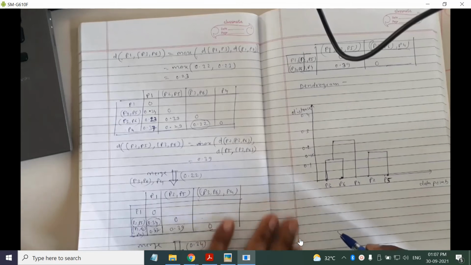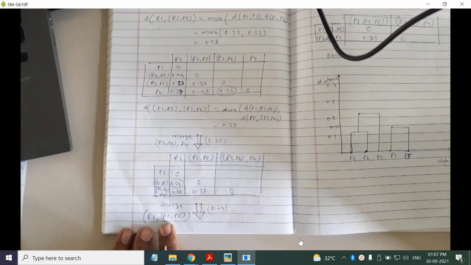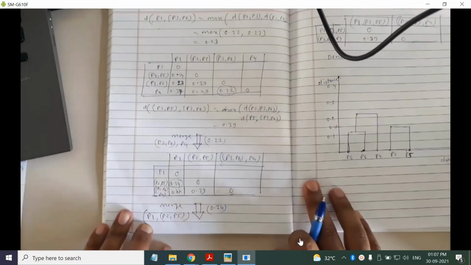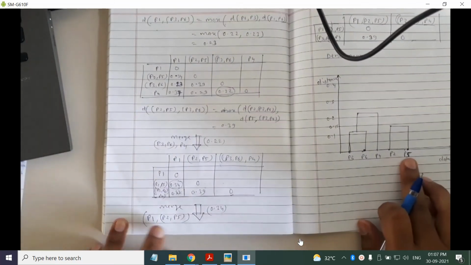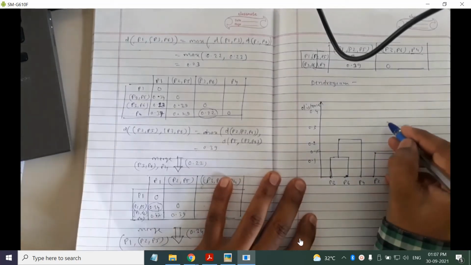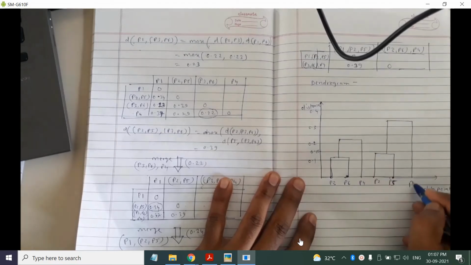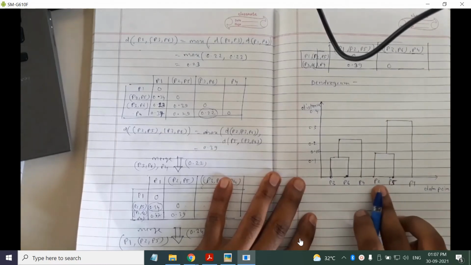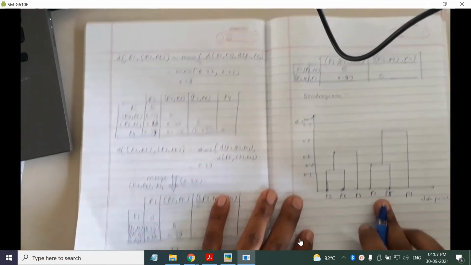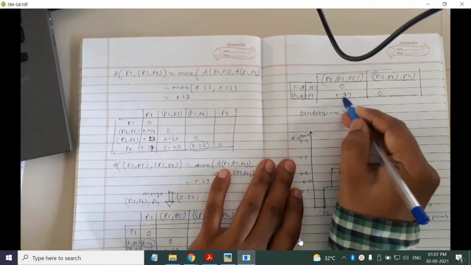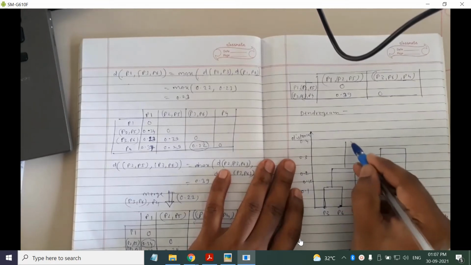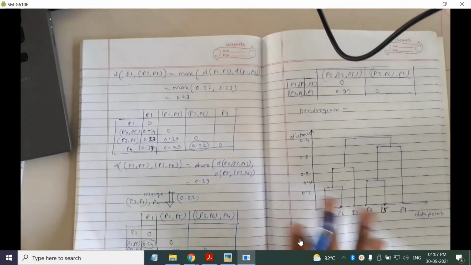ओके, देन नेक्स्ट P1 is merged, okay, with P2 P5, P2 P5 ऑलरेडी merged है, राइट, 0.34 पे, 0.34 यानी कि यहाँ ये हो गया अपना P1 merged with this, and then we have the final merge at a distance of 0.39, okay, this will complete our problem, okay, so this is the final dendrogram.